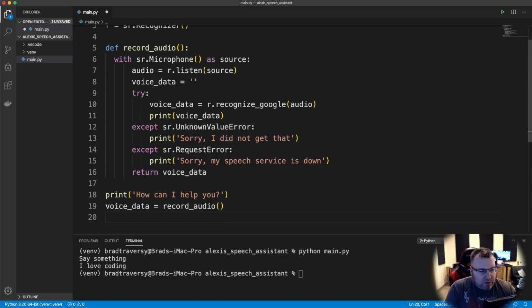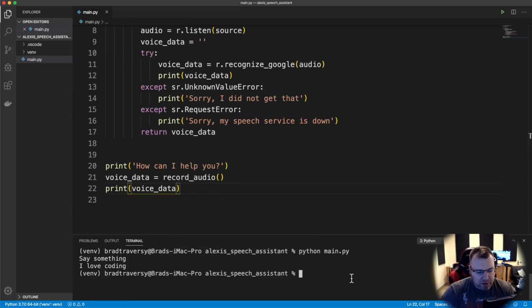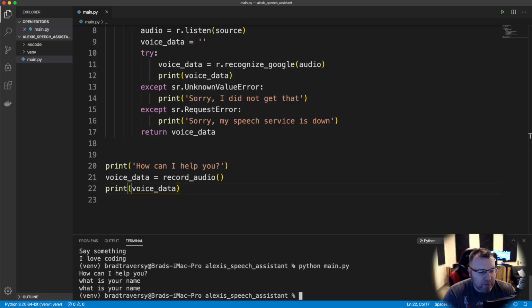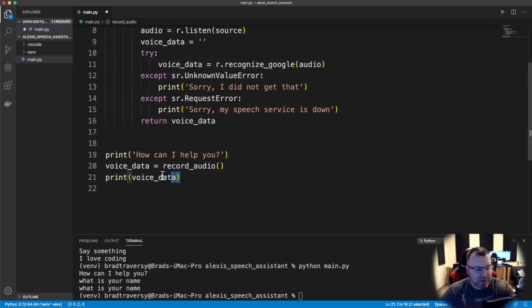And we'll go ahead and print it out here. So print voice data. I'm not going to leave this print here, but I just want to make sure that this still works. So we'll run it. What is your name? There we go. And it actually said it twice because I have the print right here. So I actually don't want to print it out. So I'm going to get rid of that, and I'm going to get rid of this print. Okay, so now